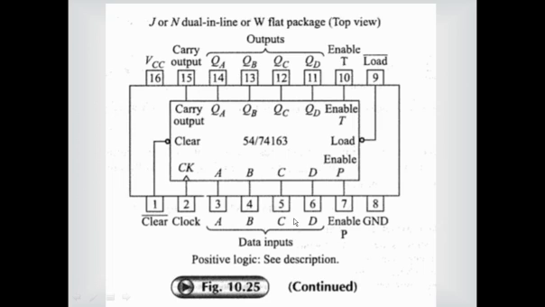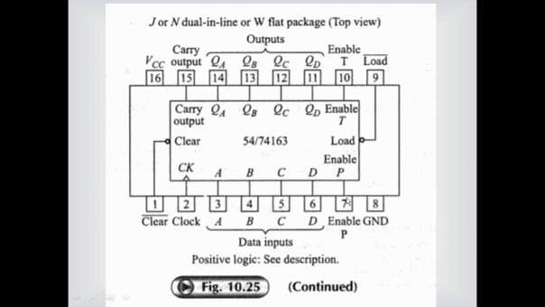So here you can provide the data input. If you want to preset the counter at a particular state, then the corresponding binary number should be provided at ABCD. And when the clock is given, this data input is transferred to the outputs QA, QB, QC and QD. So this is the use of data input. We can preset this counter, that's why it is called a presettable counter. You can preset this counter to any count from 0 to 15.